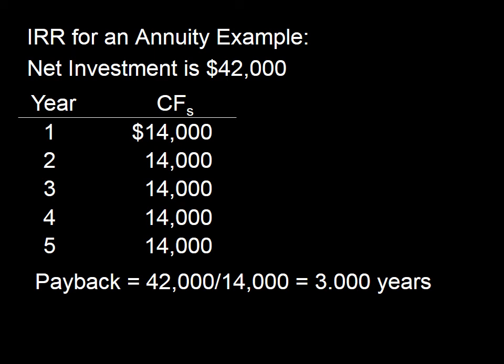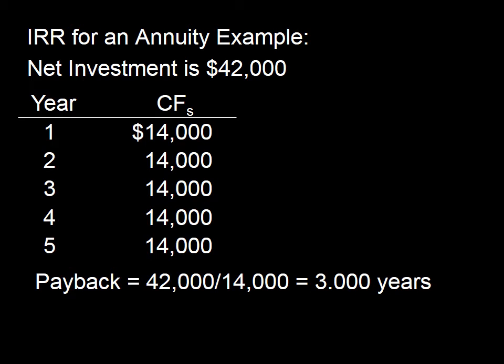Okay, so here we have an annuity problem. So the internal rate of return for an annuity, we have a net investment of $42,000. Okay, in return for that investment, we're going to get $14,000 a year every year for 5 years. So the other nice thing about an annuity, when you're calculating the payback, since your benefits are the same every year, you can just simply take your net investment and divide that by your annuity cash flows to get your payback. Now in this case, our payback comes out to a nice even 3 years,